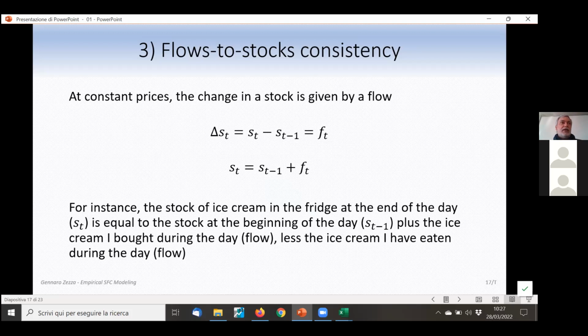So Godley liked the idea of the lake, with a river which is getting water out of the lake, and a river which pours water into the lake. So what Godley said to justify his approach is that when the lake is in equilibrium, then you can measure the flows coming in and the flows going out, and you can relate the stock of water in the lake to these flows. So if the outgoing flows and incoming flows are the same, the stock of water will remain the same. But if you have a shock,